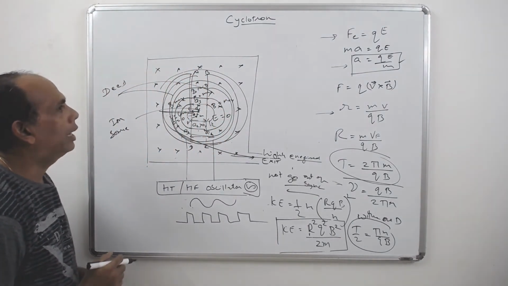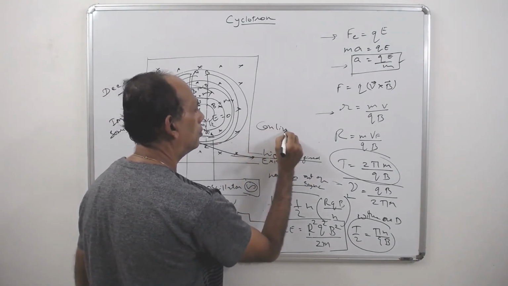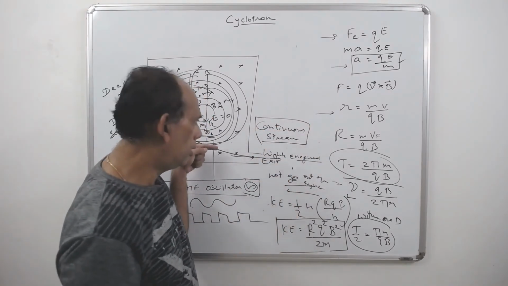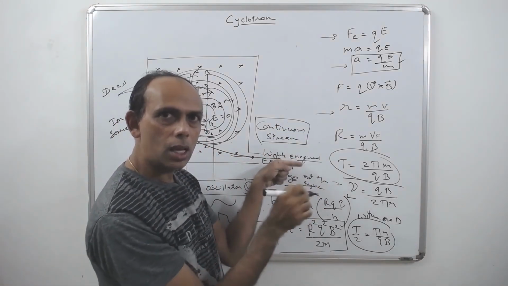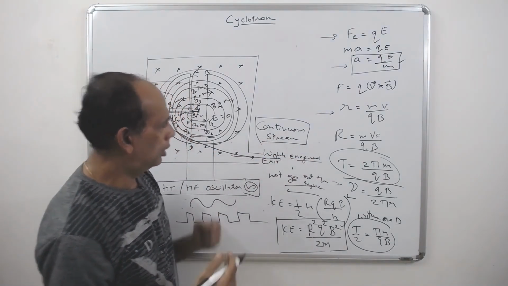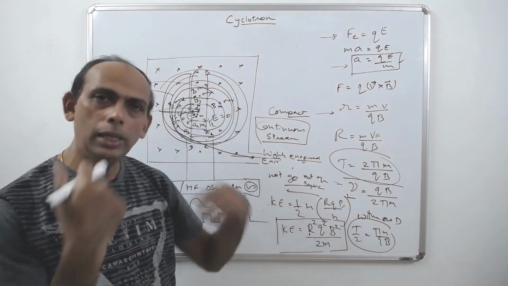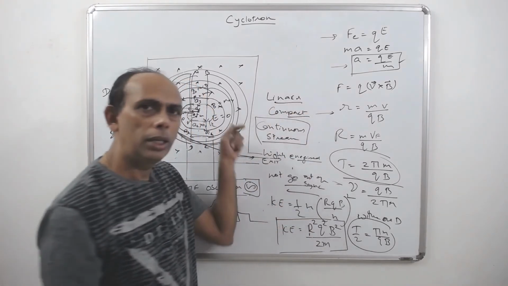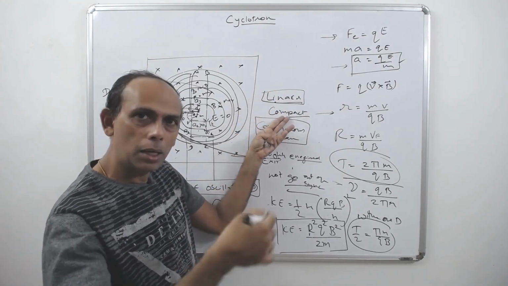Now the advantages of this. The basic advantage is you get a continuous stream of the energy beam. The energized beam ionizes the surroundings, and it comes as a blue light. So it's a continuous stream. The second advantage is it is compact compared to the earlier version. Earlier they were using something called a linac, which gives a linear stream. That's okay, but this is compact compared to the earlier version.